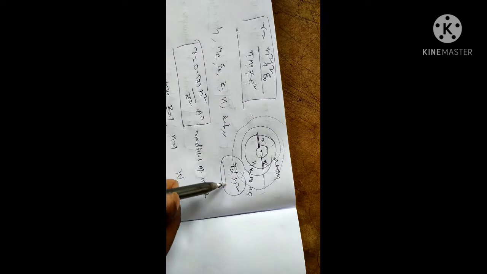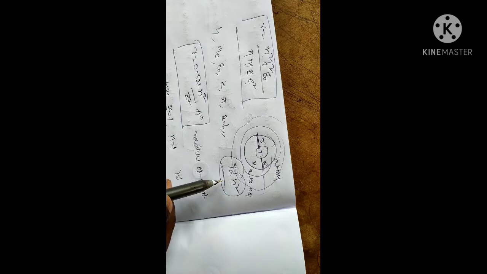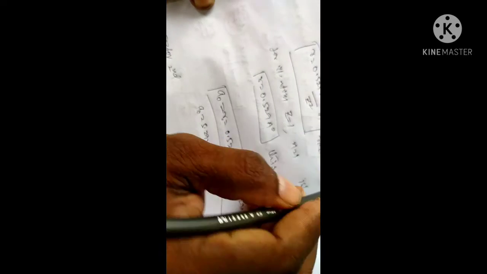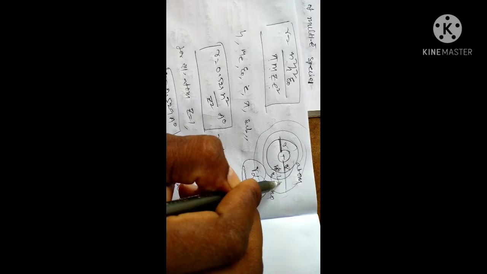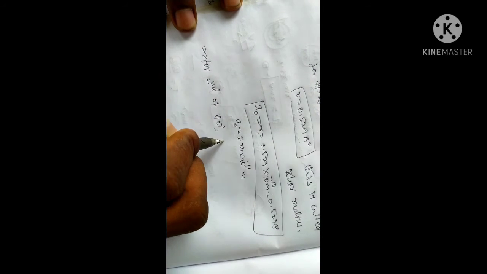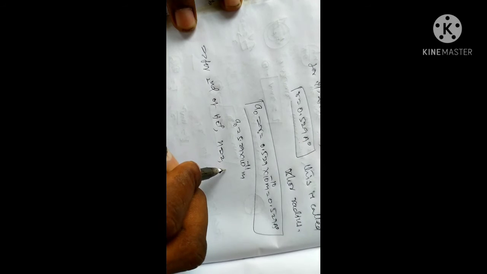Okay, now there is a relation: radius r is proportional to n squared. This is only for the hydrogen atom. For the second shell, K, L, M, N are the shells. The second shell is nothing but helium plus, that is, n is equal to 2 and Z is equal to 2. We get these values in the radius.